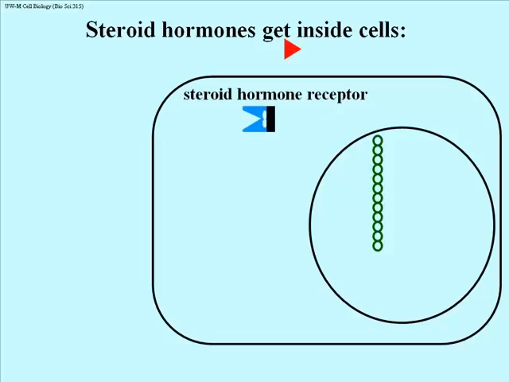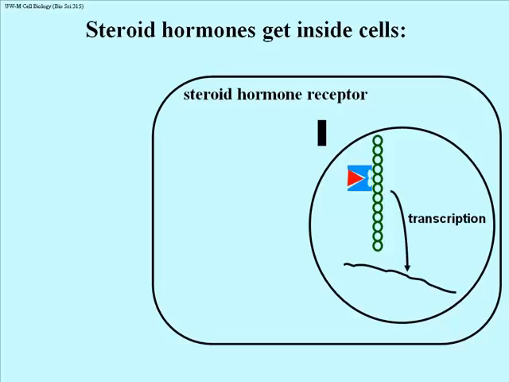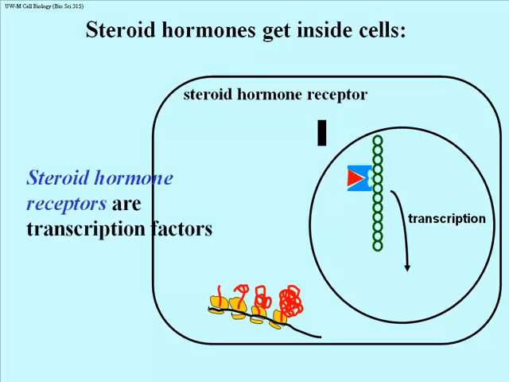Let's look at it one more time. It sits there just in waiting, either in the cytoplasm or sometimes they're actually in the nucleus. This one is in the cytoplasm, gets into the nucleus, bound to the hormone, because its conformation is such that it can be transported into the nucleus and bind to DNA. And if you're going to turn genes on, you better be able to bind to the DNA somewhere near the gene. And so we're assuming that this is what's happened here. That induces, in this case, the transcription of a message, which of course gets out into the cytoplasm, associates with ribosomes, which then translate the message into a protein that was not being made before. Steroid hormone receptors are, in fact, transcription factors.